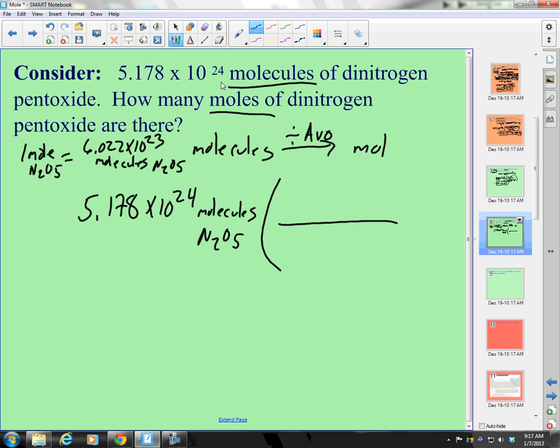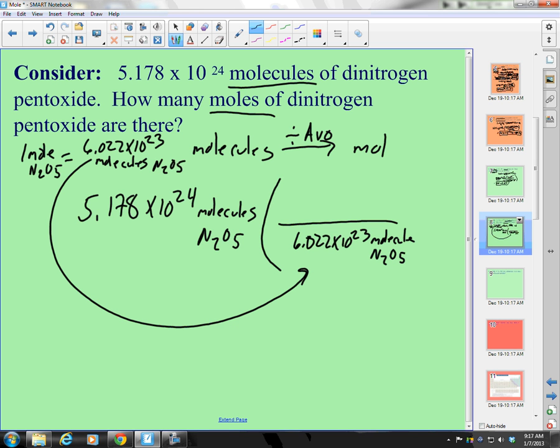Cool. What do I want to get rid of? I want to get rid of molecules, so I'm going to put this into my denominator, 6.022 times 10 to the 23rd molecules of dinitrogen pentoxide, because I want them to cancel each other out, which means 1 mole of dinitrogen pentoxide goes on the top. My molecules cancel. I'm left with moles. That's exactly what I'm seeking. So I take 5.178 times 10 to the 24th divided by 6.022 times 10 to the 23rd, and I get